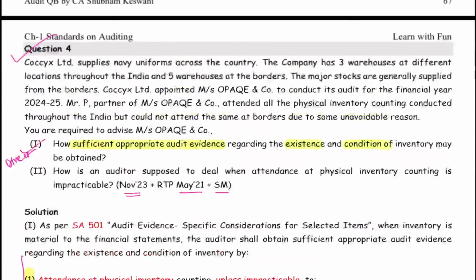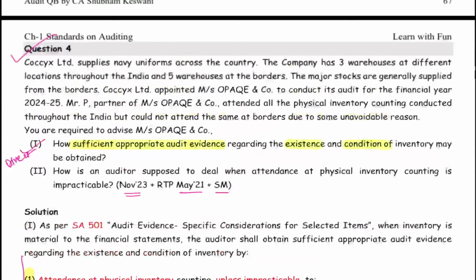Awesome. Yes, everyone. So now, sir, we are talking about inventory in the custody of third party. Generally, we send the inventory for job work, or it is pledged with a bank for some working capital loan. So yes, the inventory can be with a third party. So in the game of audit, whenever you want some information from a third party, what do you do? Sir, we take confirmation. So this is the first thing that you do here. Request the confirmation from the third party.